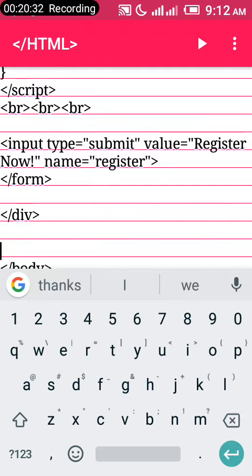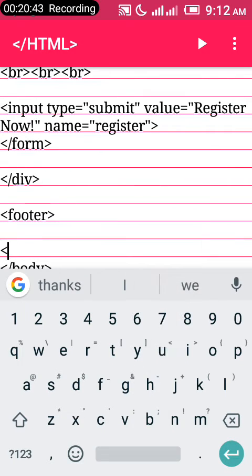Now when you're using the footer tag in HTML5, anything in the footer tag just shows at the very last end of the website. So let's close the footer tag here